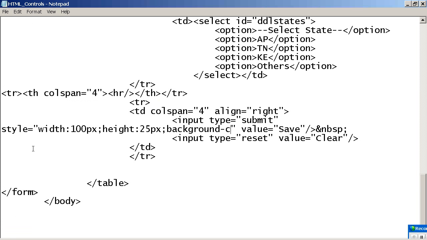Background-color, then colon. Instead of equal to, we use colon. Here, style equal to, it's not compulsory to use double quotation; you can use single quotation also. Background-color colon, then a color.